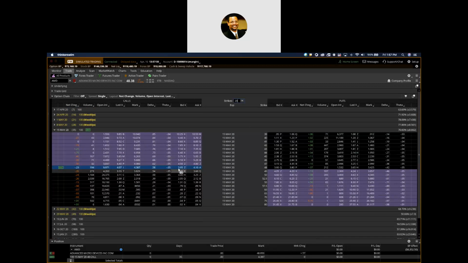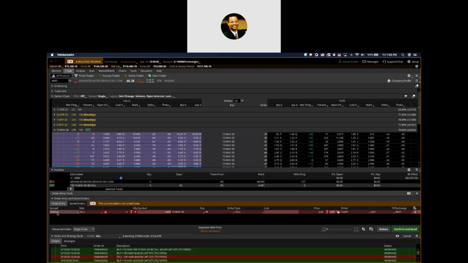Okay, so I'm going to sell my option. I'm going to click on the bid side. It brings up an option sale, and right now it defaults to -1. Now, I can either sell all 10, or I can say, you know what, if it hits my target, just sell 80%. So I'll sell 8. That'll still leave me with 2 contracts, or 200 shares, that I can see if it's going to do anything else with. So I'll just do my 80%.